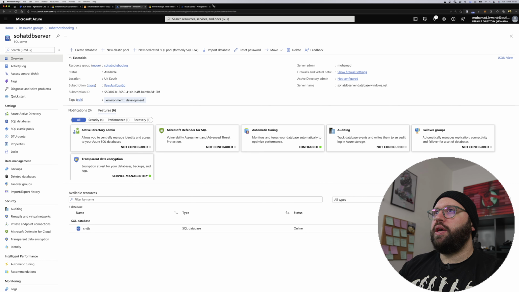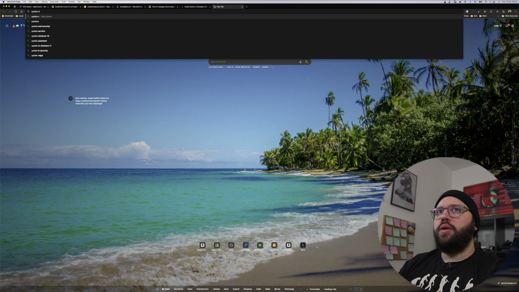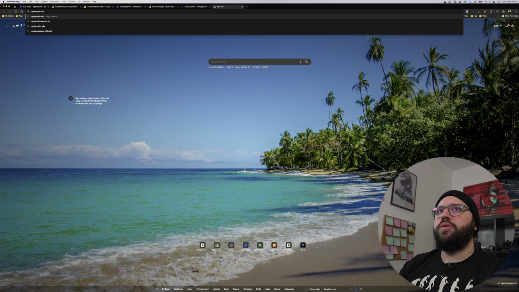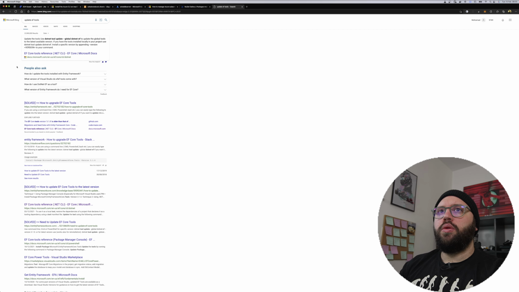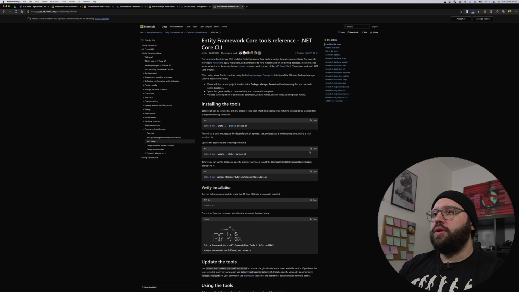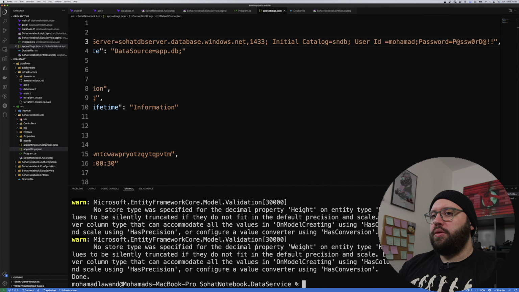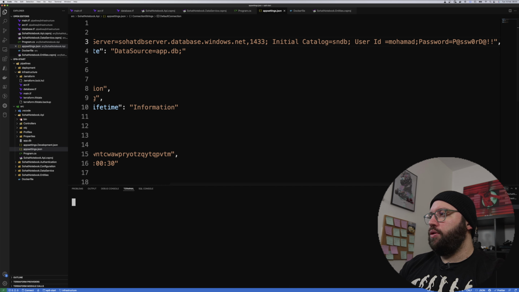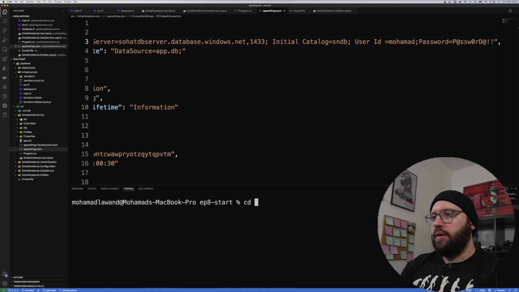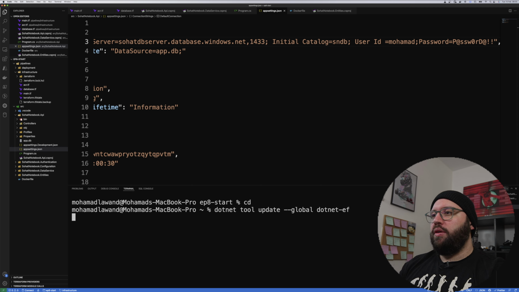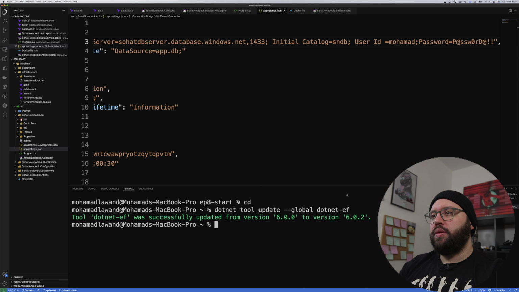So let's update our EF tool. Update EF tools. So this is how we update it. Let's copy this one. Is this still running? Okay, it's done. Perfect. Before we do anything, let us just update EF tools. Perfect, it has been updated to 6.2. And now let us open our